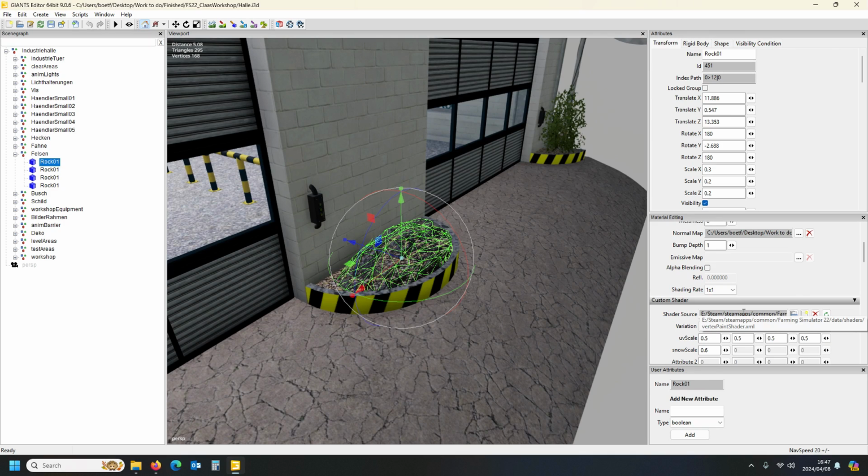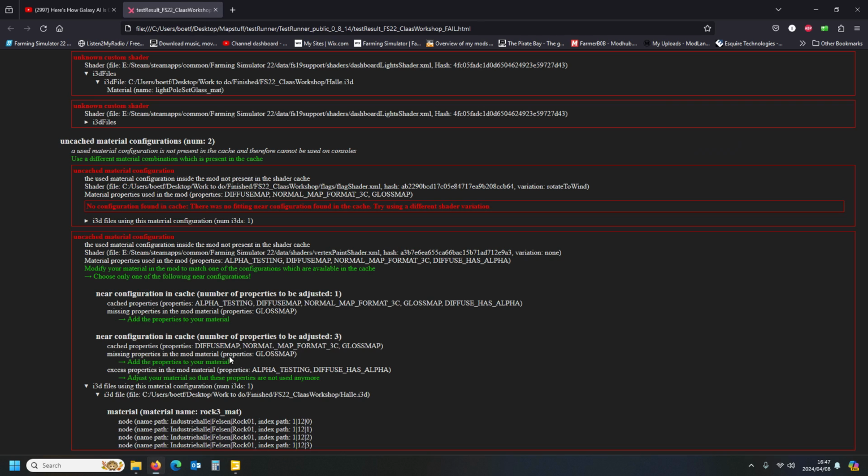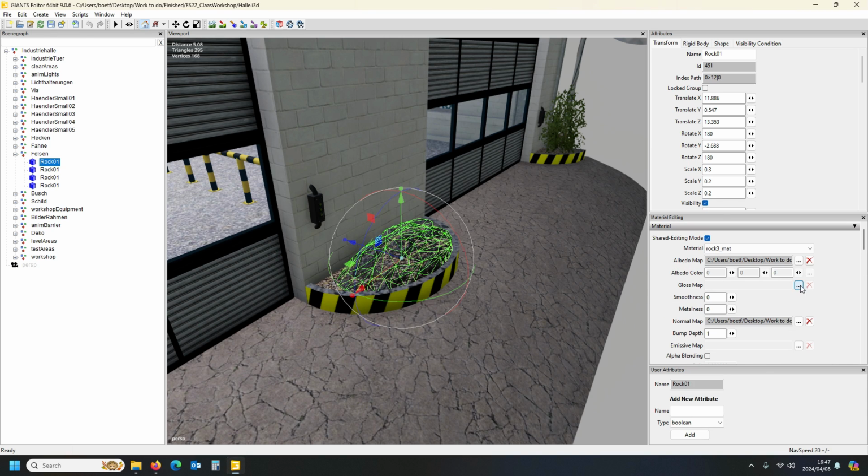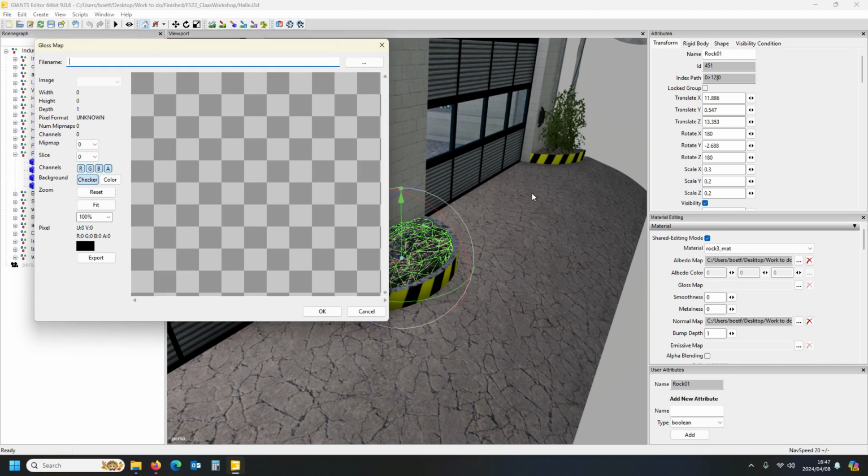the shader. It is Data Shader's Vertex Paint Shader. Okay, and our little error is saying Vertex Paint Shader, good, and we have to add a gloss map for it. All right, so let's have a look at that. If I just add a gloss map to it, we're going to point the gloss map to a default gloss map,